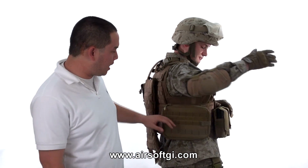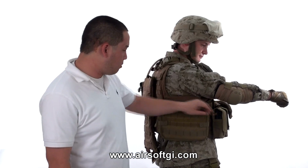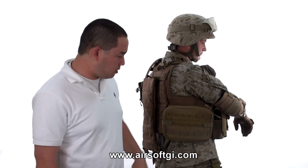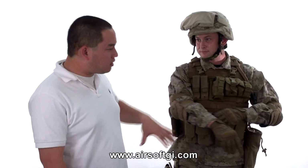And we have a TNT admin pouch. It's kind of a unique admin pouch that folds out. You have a map and stuff inside of here. Not your average admin pouch. So all of this together equals...